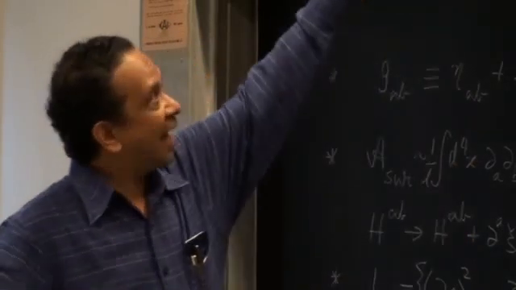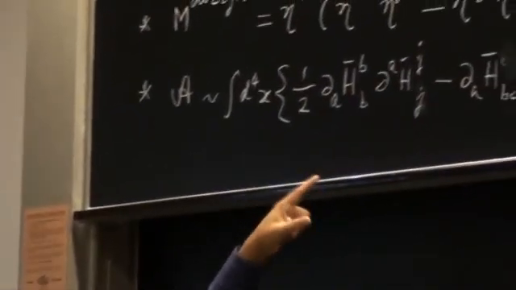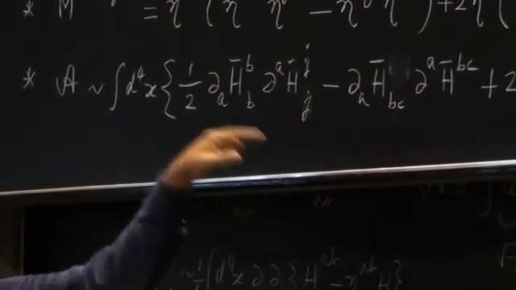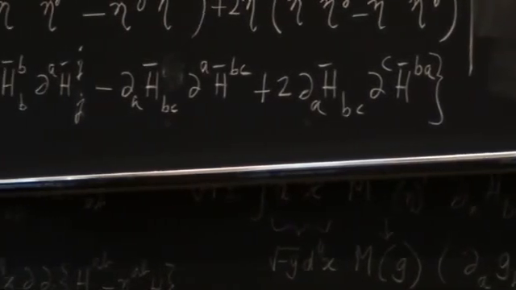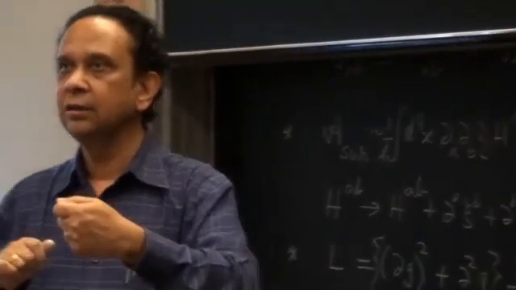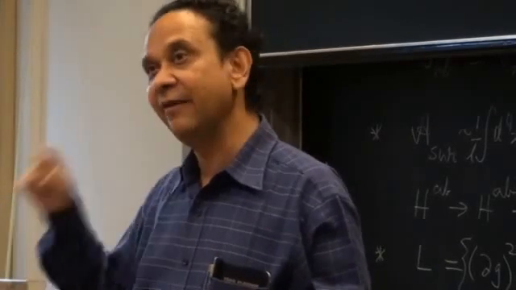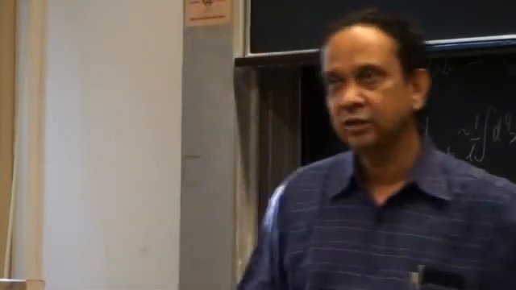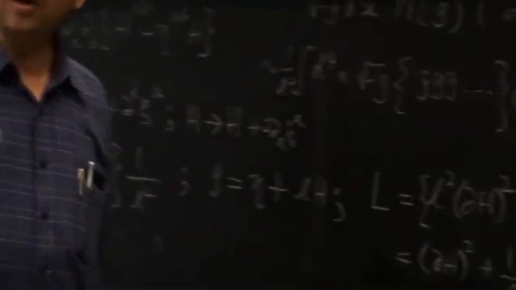First, starting from this action, you can compute what is known as the Belinfante canonical energy momentum tensor for the spin 2 field. Then you can couple it to h_ab. Then you can compute the energy momentum tensor for that, couple that to h_ab, and you can iterate that. It's trivial to see that that will never give you the Einstein-Hilbert action. That is because all your iterations are power series expansions in the coupling constant L. You will get L, L squared, L cubed, etc. You will never get 1 by L. A non-analytic piece will never come. Therefore, just with these lines you can prove that the Einstein-Hilbert action cannot be obtained